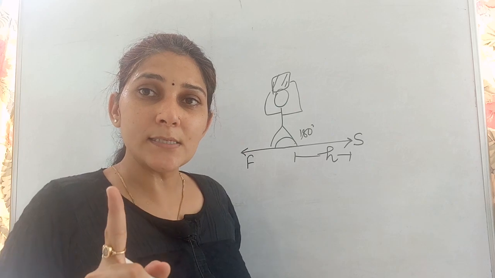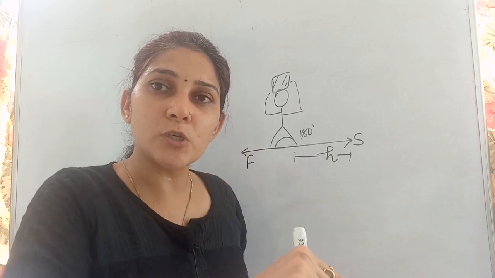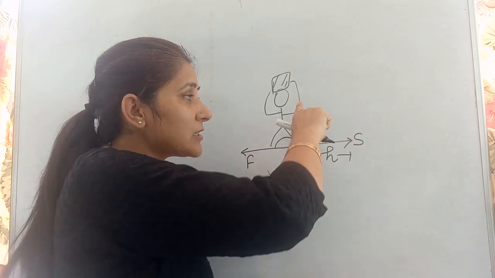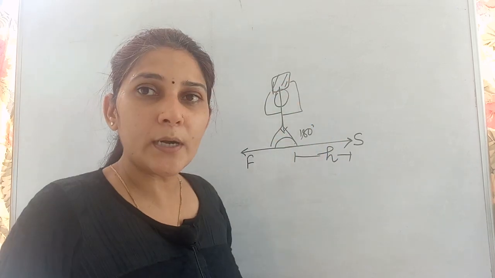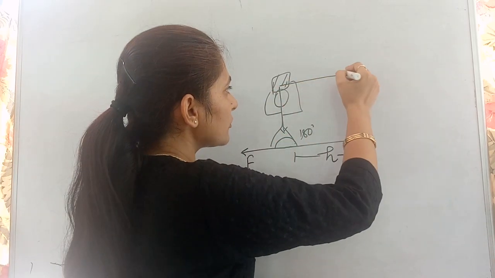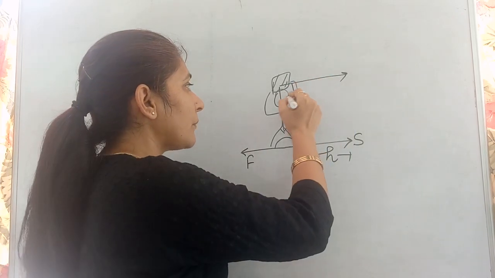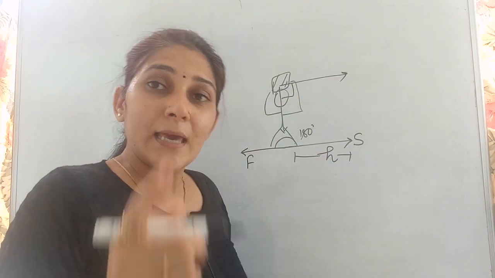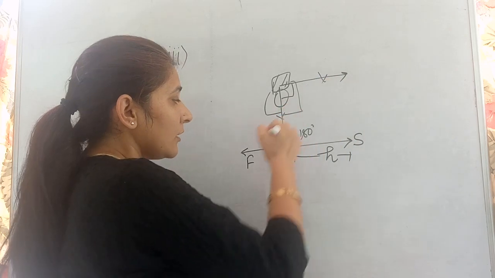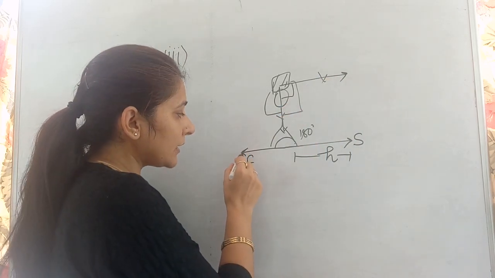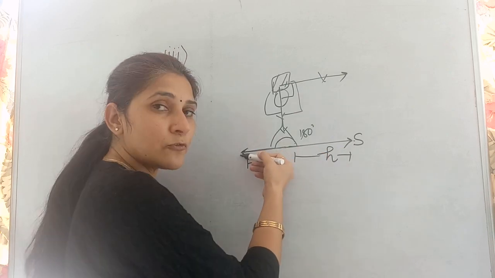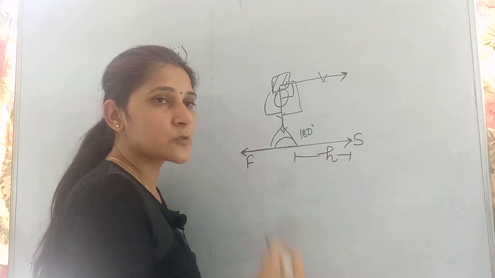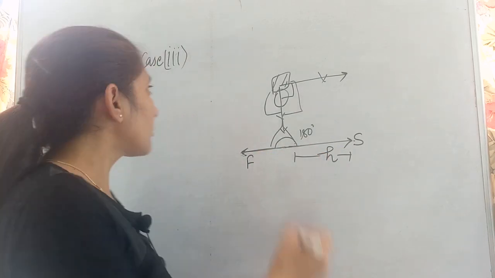The only thing is, work done by which force you were studying. In the previous one you were studying the work done by the force of gravity, which is in the downward direction on the load, and the load was moving in the forward direction, so theta becomes 90 degrees. In this example, we are saying the work done by the force of friction: the displacement is in the forward direction, the frictional force is in the reverse direction, so theta becomes 180 now. So you can put the values.